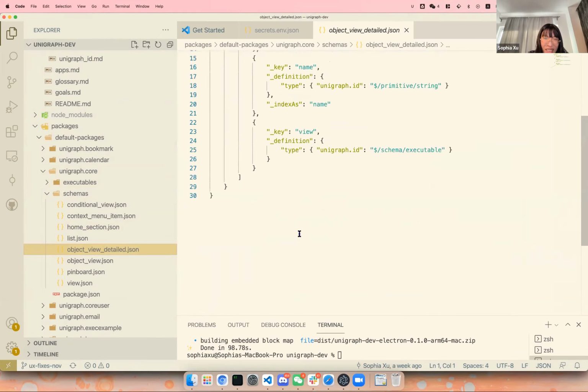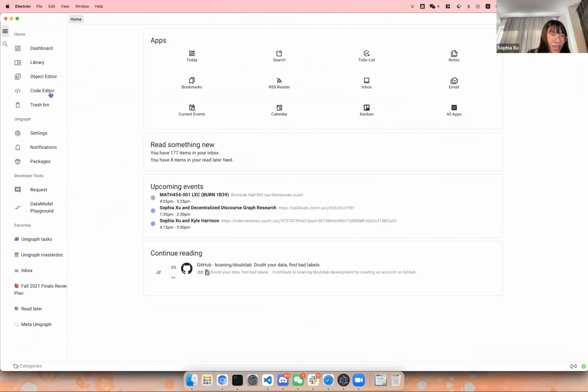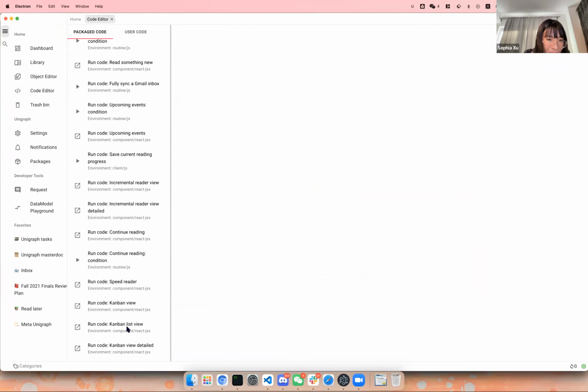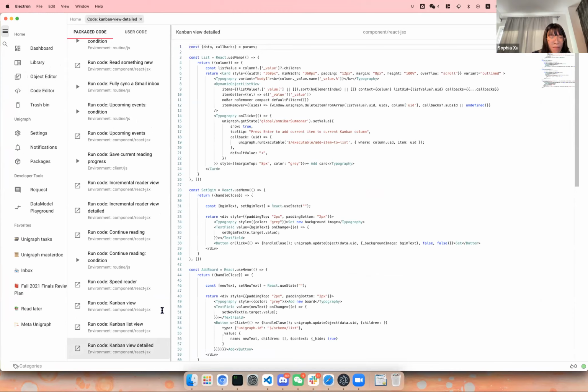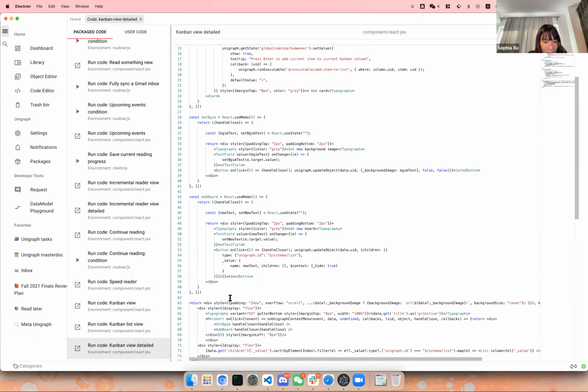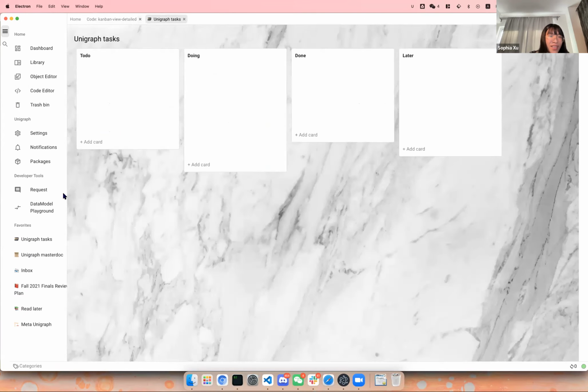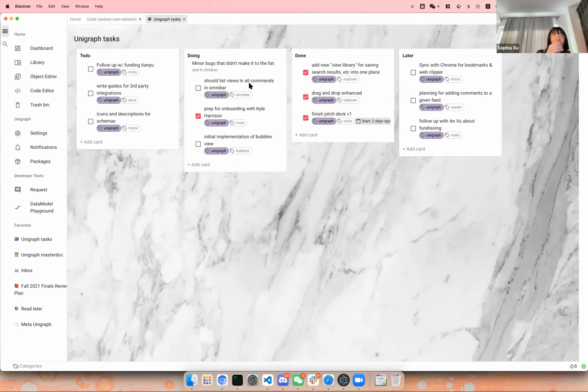You can edit the app right inside the app. So for the view, you have a name, which is basically the name of the view, and you have an item type, which is basically what type of object it applies on, and the view inside is just an executable object, and you can see the executable here. For example, this is the Kanban view, how the Kanban view is ordered, and this is directly just a React component, and when you click on it, it basically just compiles this on the fly and gives you this view. Got it. Great. Yeah, thanks. That helps.